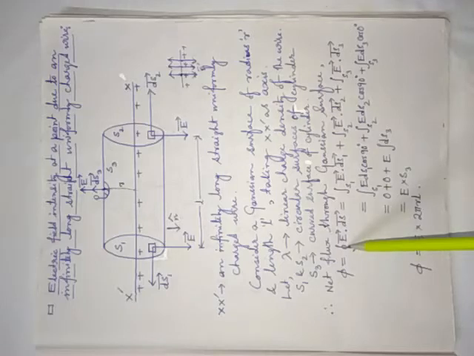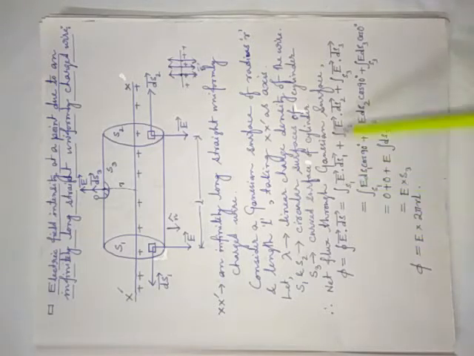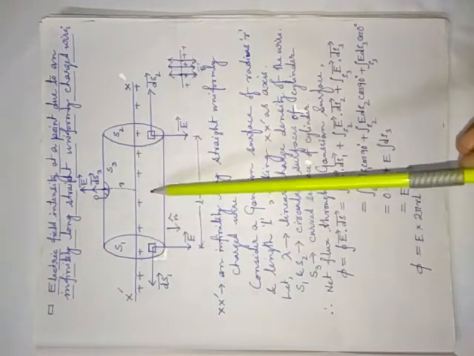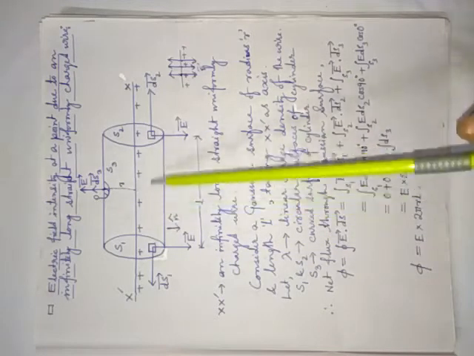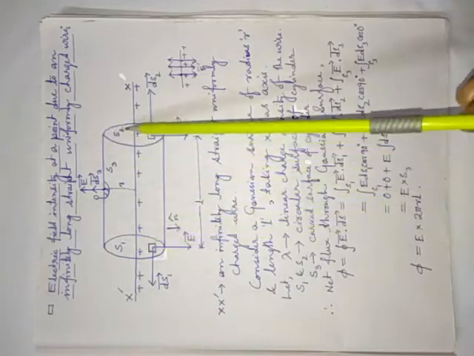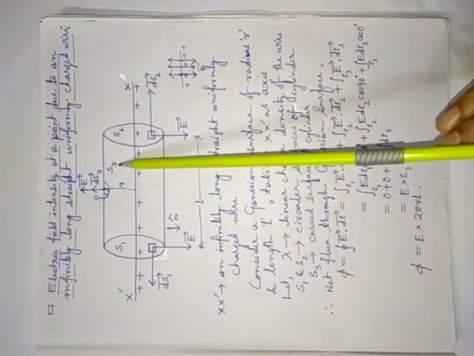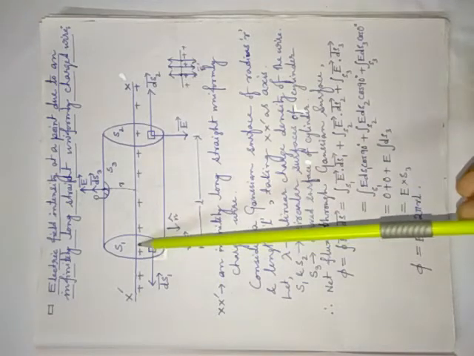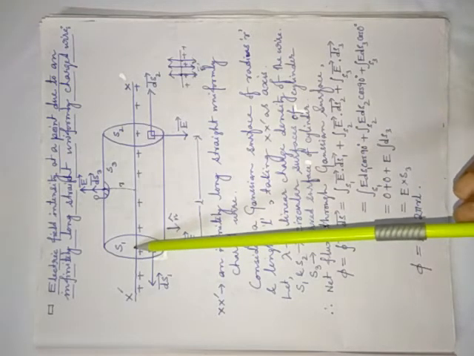Close object, for close object. Now see, you can divide the integration into three parts. You can write this integration into three parts. That means you are going to divide the closed cylinder into three parts: one is S1, the other is S2, and the last one is S3. Suppose integration of S1, that means we are going to first of all find out flux through S1.